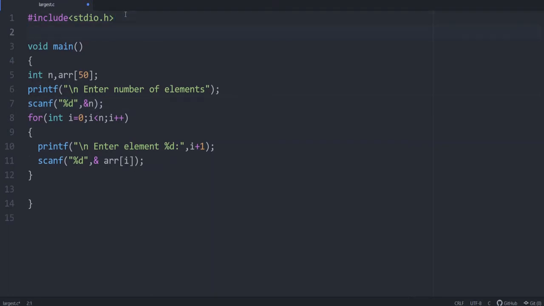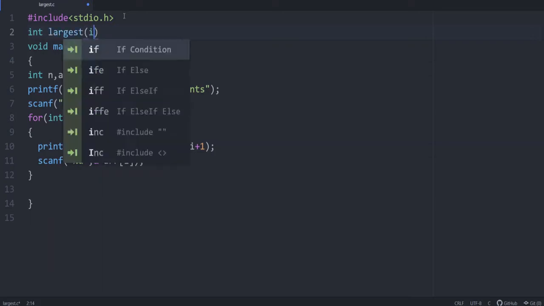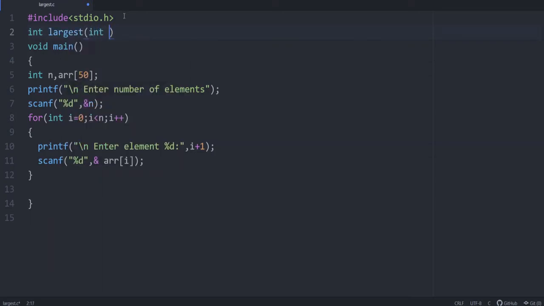A function has three parts. First is the function declaration or function prototype. The return value, let it be integer. Then let's give the function name as largest. And we have to pass an array, so we'll give the name, say ARR.